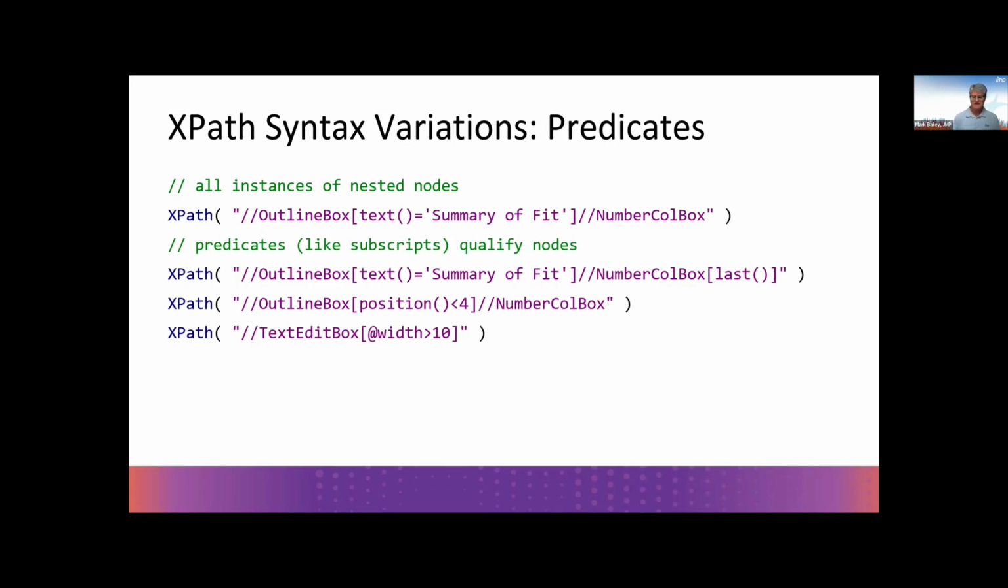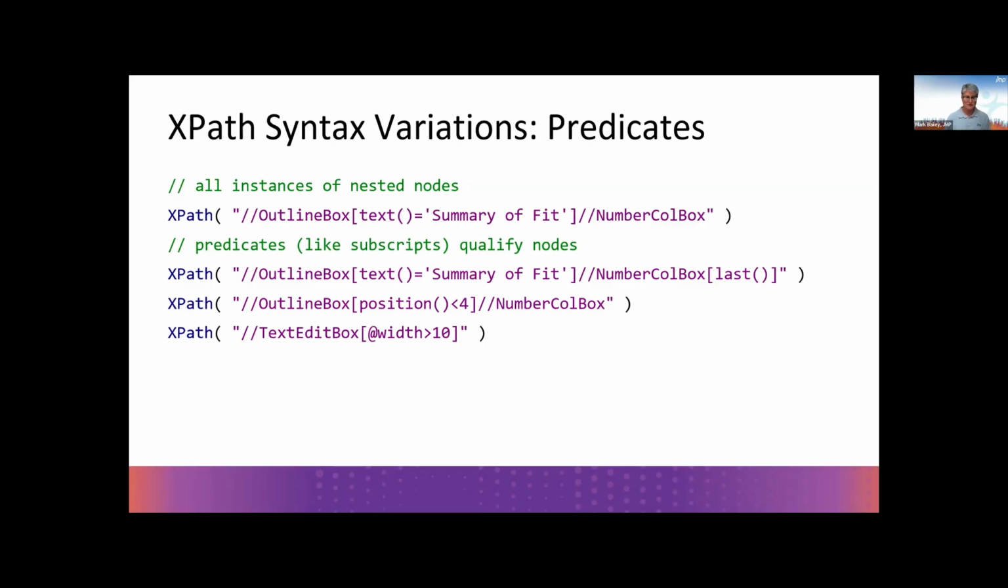So let's talk about predicates now a little bit more. Predicates are indicated in square brackets. In this case, we're looking for outline boxes that have a text value summary of fit. But we can do more. In the second line, you see the same search, except at the very end, we don't want all the number column boxes. We want the last one. So you can indicate that type of information, such as in the third line, we want to search the first 3 outline boxes. So we're using the position function, and it has to be less than the value 4